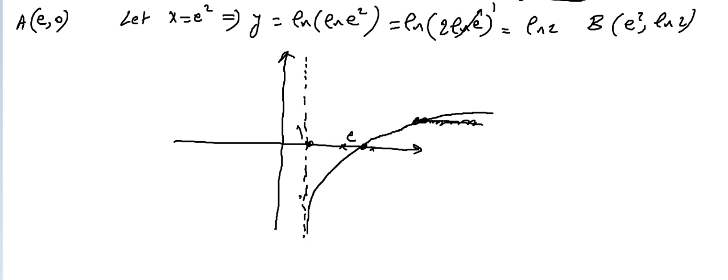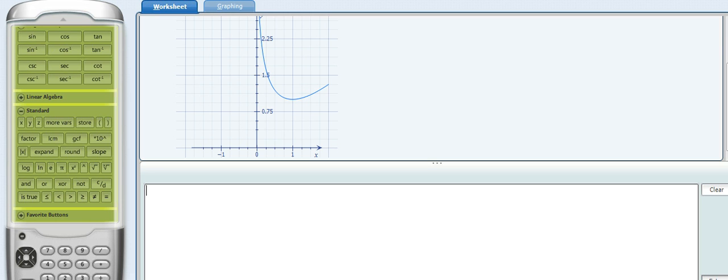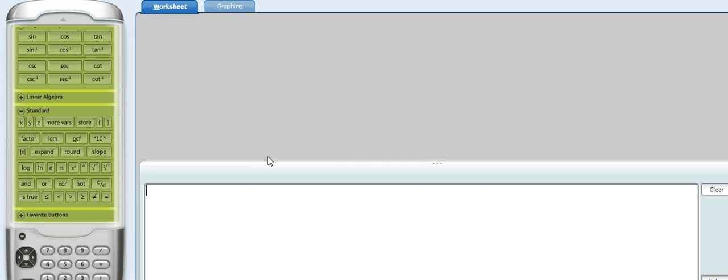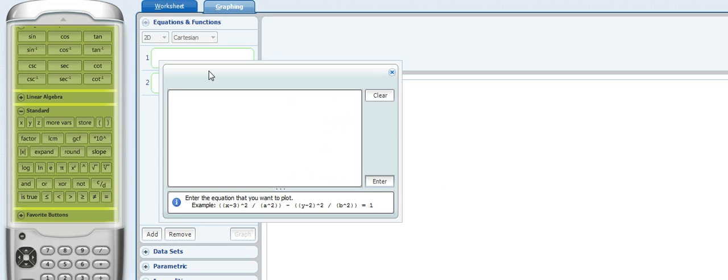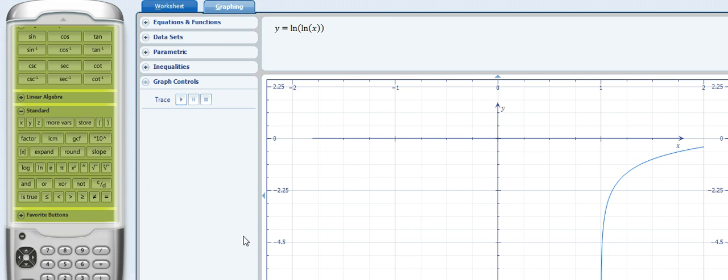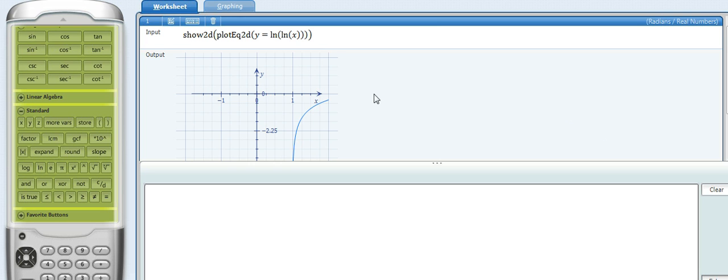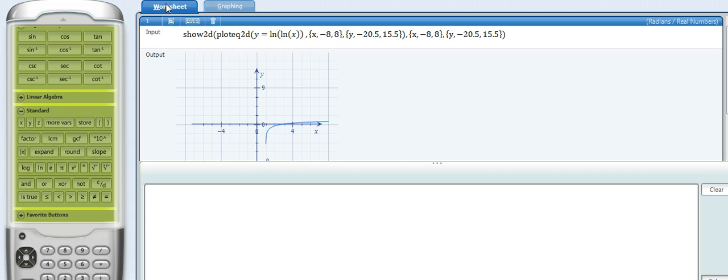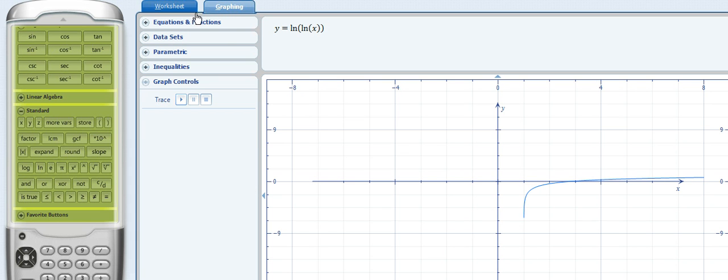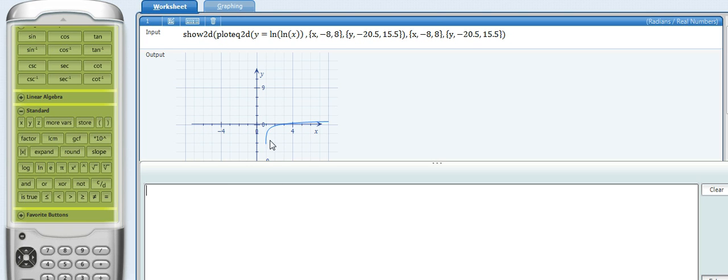I don't know if you have time, but let me do it fast here. It was ln of ln x. That's it. Graph it, and let me see it here in the worksheet. Okay, it's not that clear, so let me see. All right, is it clear now? The asymptote is here, at x equal 1, and it goes all the way up, and then it